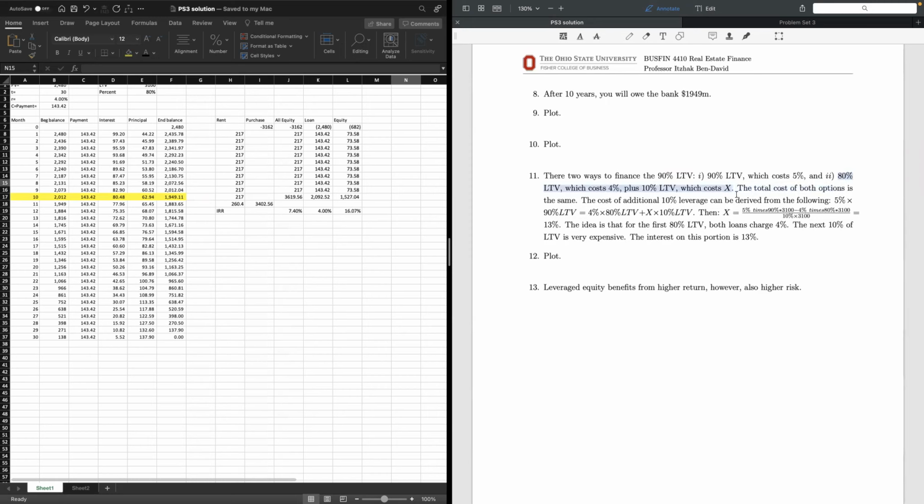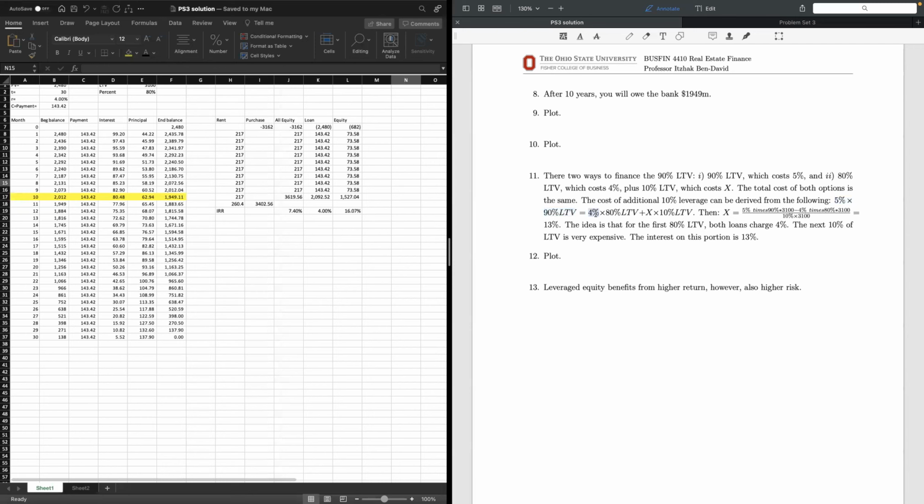Specifically here, let's assume the 10% LTV will cost you X as interest rate. The goal is to find the X that makes the weighted average of the interest the same as if you're lending at 90% LTV, which costs 5%. In other words, 5% times 90% LTV,